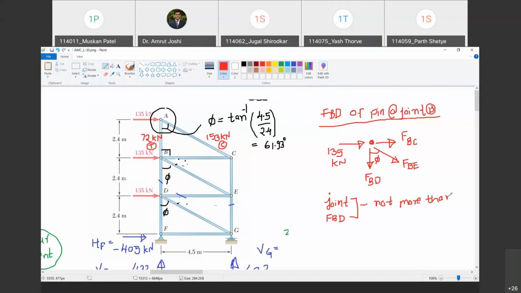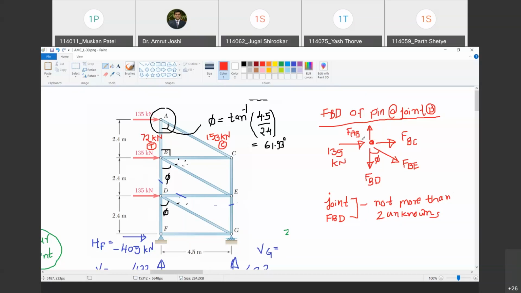Okay, which unknowns are there in the above FBD? Tell me. FBC. And by the way, is the FBD complete? No. There is a force from FAB also. Do you agree with me? Yes, sir. Now pay attention, even if FAB would have been compressive, I would have still shown it to be pulling. I would have assigned a negative sign to its magnitude.